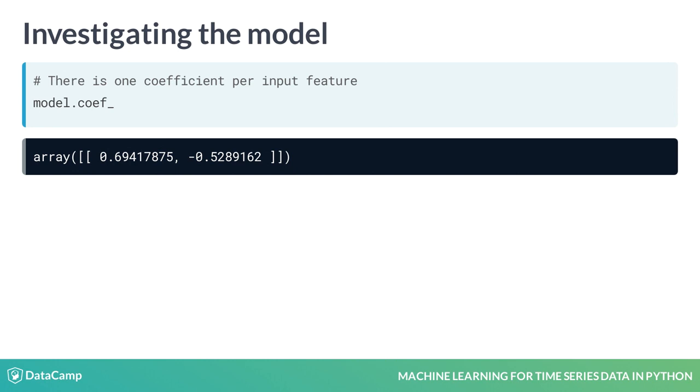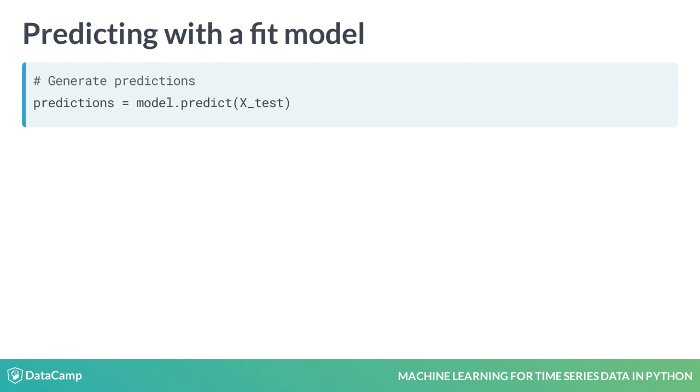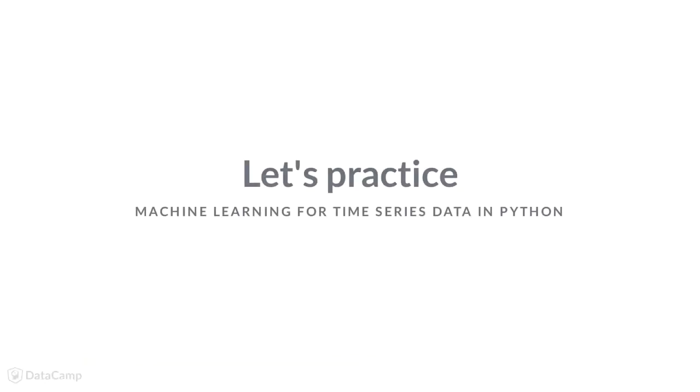It is often useful to investigate what kinds of patterns the model has found. Most models will store this information in attributes that are created after calling fit. Here, we show the coefficients the model has given to each feature. Once your model is fit, you can call the predict method on the model to determine labels for unseen data points. Now that we've practiced loading and preparing data and fitting the model, it's time to put this